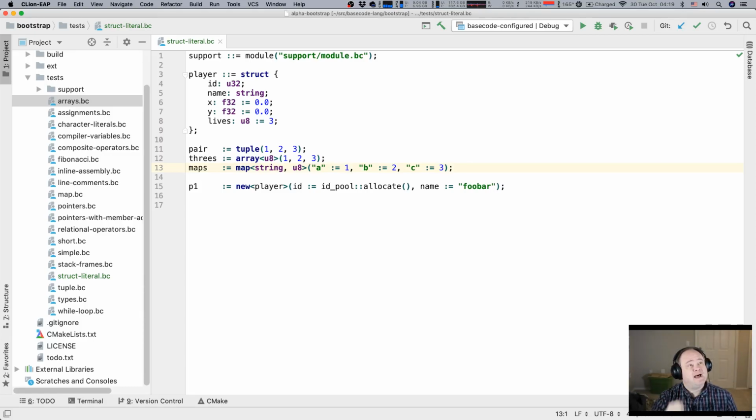Think of this as a high-level assembly language. Basecode Alpha, that's really what it's intended to be. And then with the metaprogramming, and of course the language constructs that'll be coming down the line, you can build these other things on top of that.